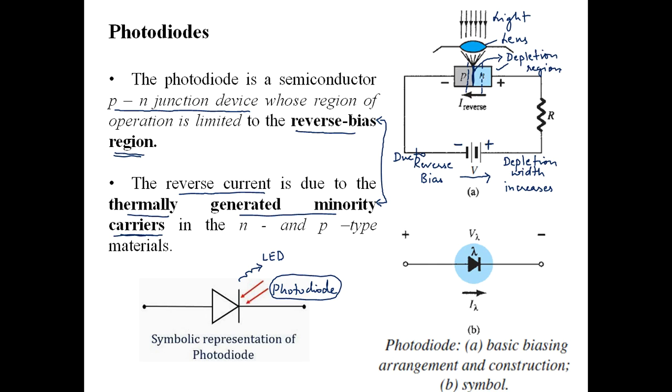Well, the first point is that the PN junction is reverse biased. The second point is that the carriers are thermally generated, and they are minority carriers. So considering these two points,